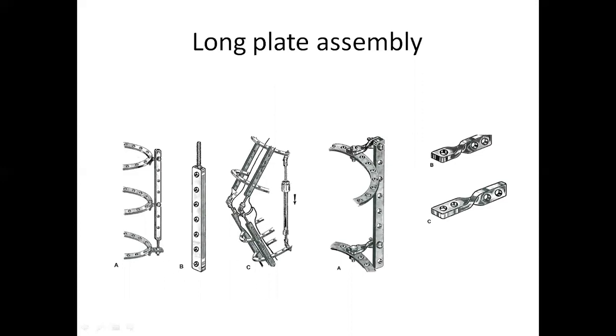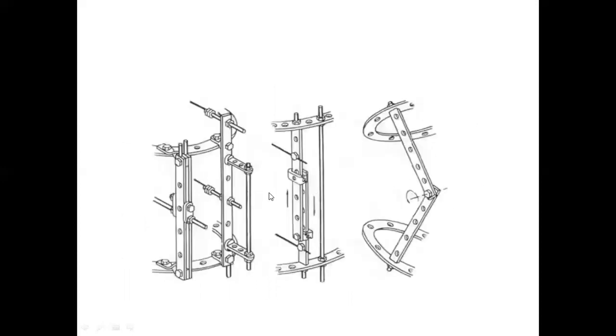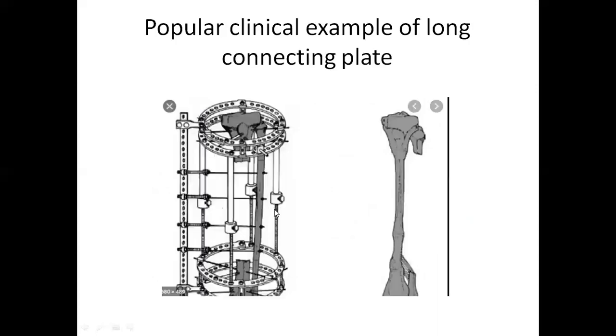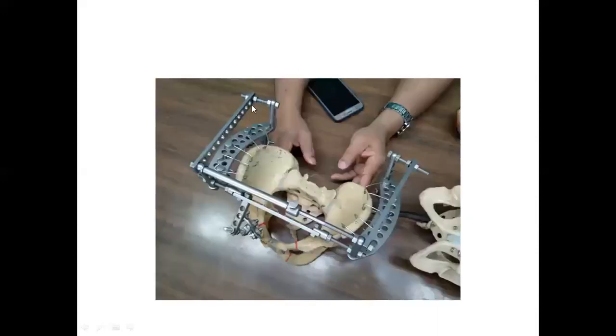And this type of rod can be used as a hinge also. It can be used with the twisted plate also. And even this type of long plate should be reinforced by rods when you use it over a long distance. And this is the hinge on the right hand side. This is the hinge system of the long plate. And this is a very popular use of the long plate with olives for transverse transport of the fibula due to the bone cap. And this is the combination of the long plate and the banana arc or the pelvic arc in case of pelvic fracture.